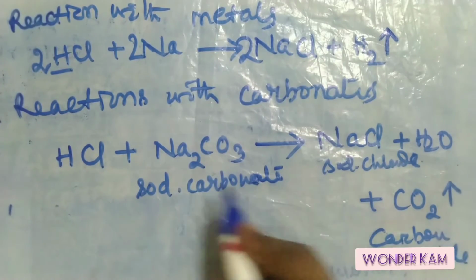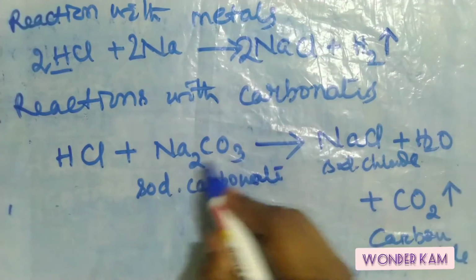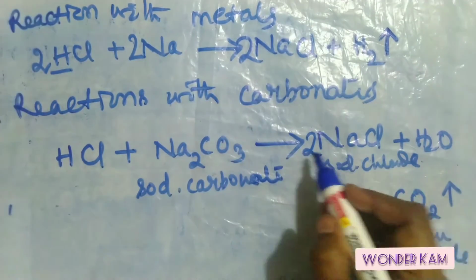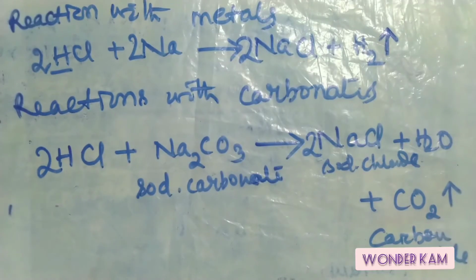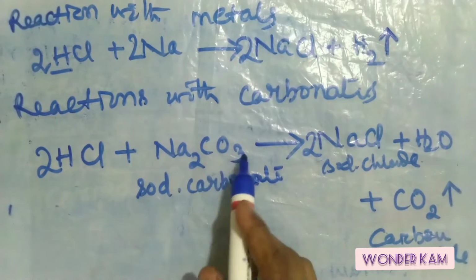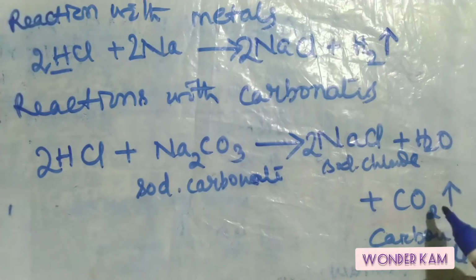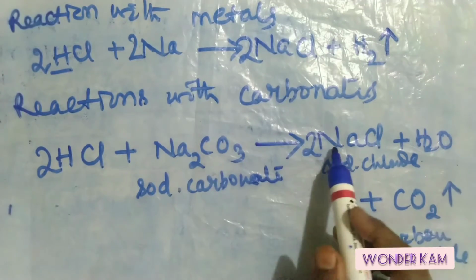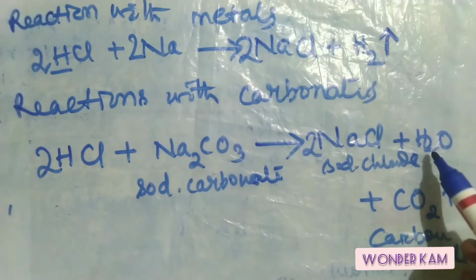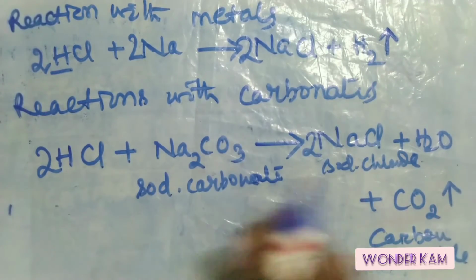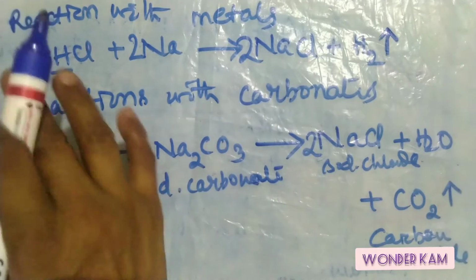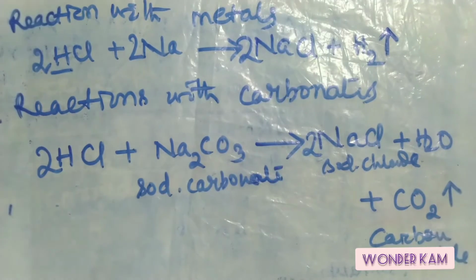We need to balance this one. This is 2 sodium, so I am putting here 2. So 2 chloride, so here I put 2. So now O3, here 1, here 2, 3 oxygen, 2 sodium, 2 sodium, 2 hydrogen, 2 hydrogen, 2 chloride, 2 chloride. Okay, now this is the balanced equation. So these are the three types of reactions of acids, or these are the chemical properties of acid.